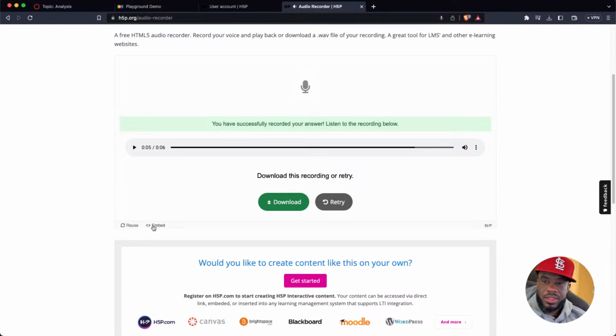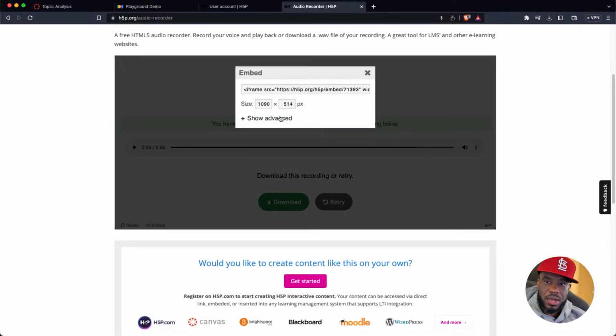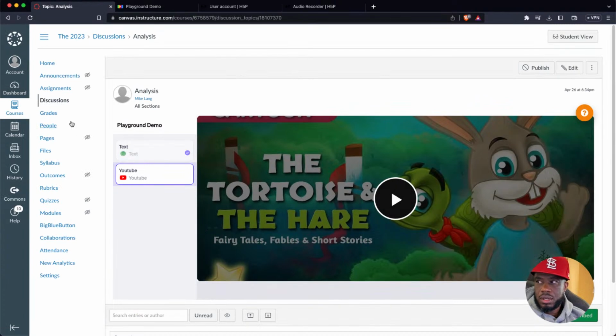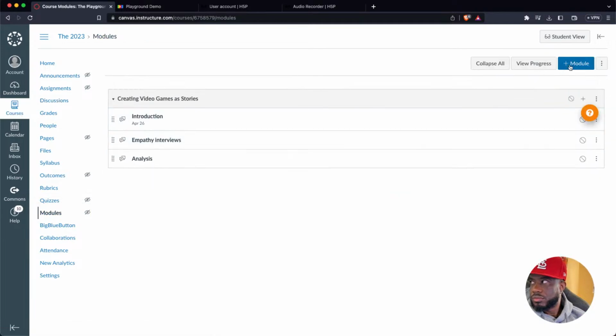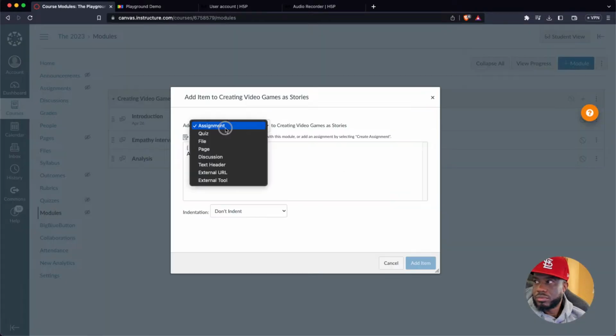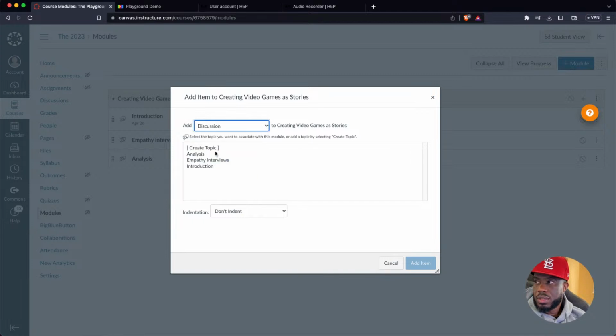Now, you'll notice that that embed code is right there at the very bottom, right? So I'm going to copy that. I'm going to go back to my course, and this is as easy as it is. I'm going to go and add another page. And I'm going to get a discussion.